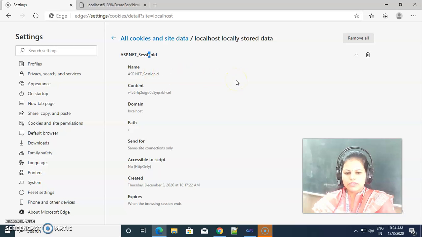Now, where do we use such a cookie concept? If you remember, whenever you log in, there is a remember me checkbox. It means our login ID and password can be stored inside a cookie, so that there is no need to once again give the login ID and password. So in that case we can